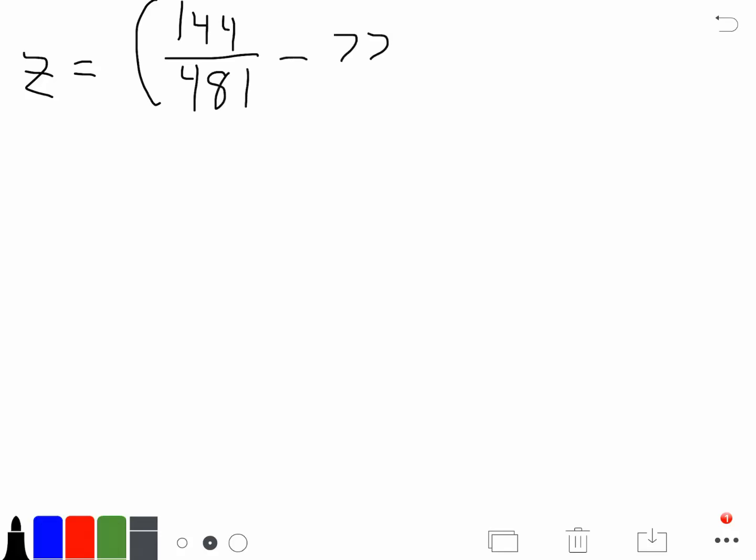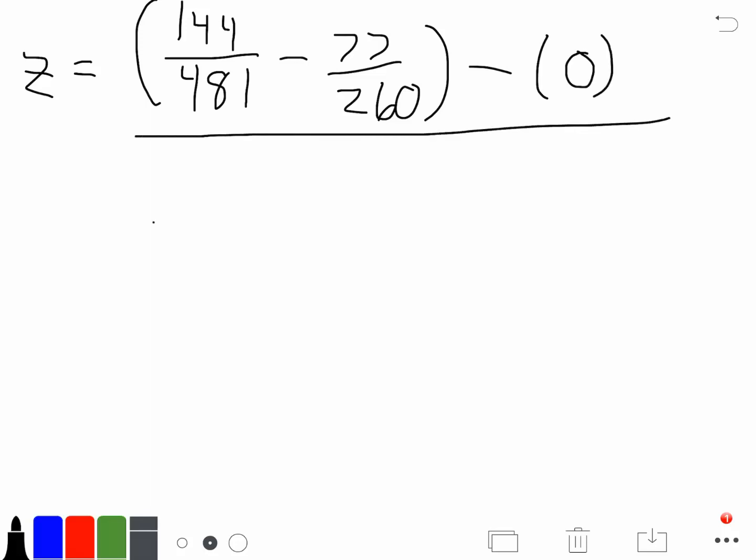So we get Z equals 144 over 481 minus 77 over 260 minus 0. We state in the hypothesis that P sub 1 equals P sub 2, so when we subtract them, we get 0. That's all over the square root of 17 over 57 times 40 over 57 divided by,